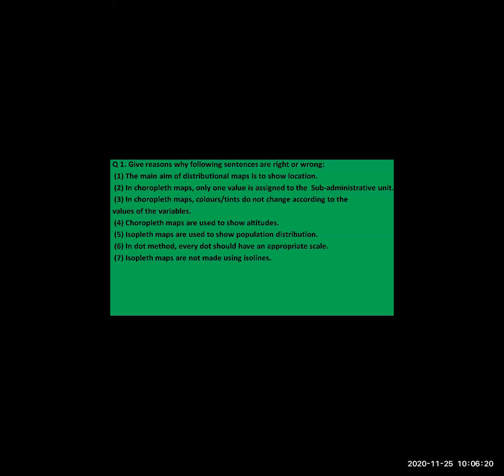Okay, now we will move to the next one, the third one. In choropleth maps, color or tint does not change according to the value of the variables. Is this right or wrong? Okay, Akshita, I unmuted you.